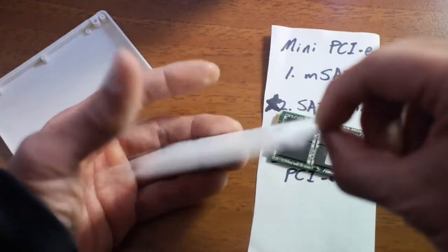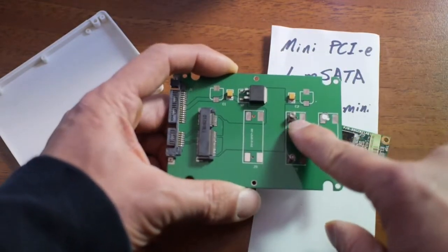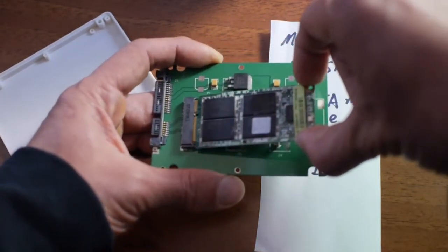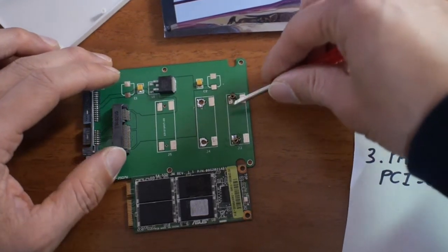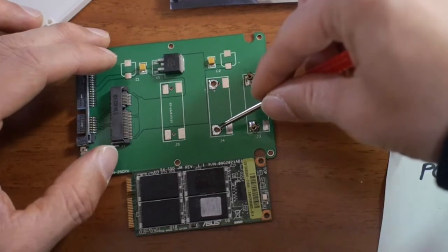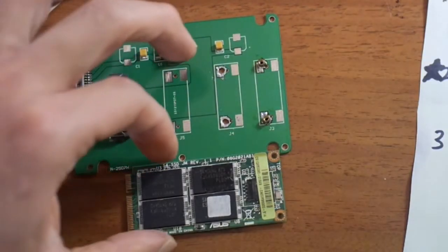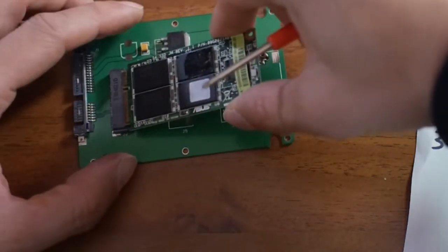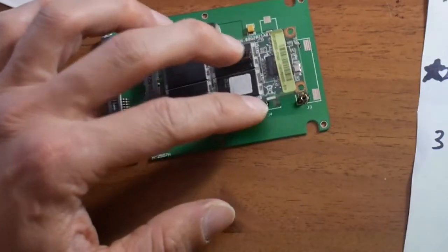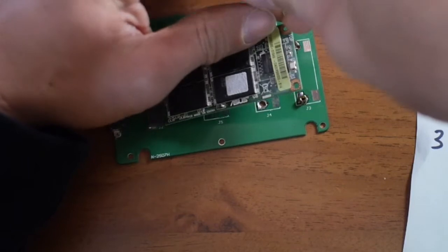So actually, it turned out this came with the wrong length for the adapter of these screw sockets, and I had to manually resolder them to the J3 position from J4 where they were installed. So now I'm going to put this at an angle into the slot and then push it gently down and put these screws securely